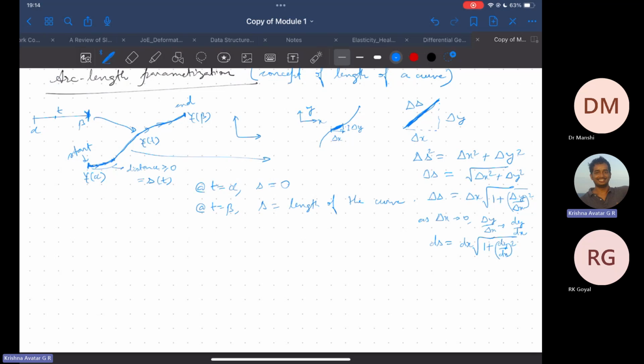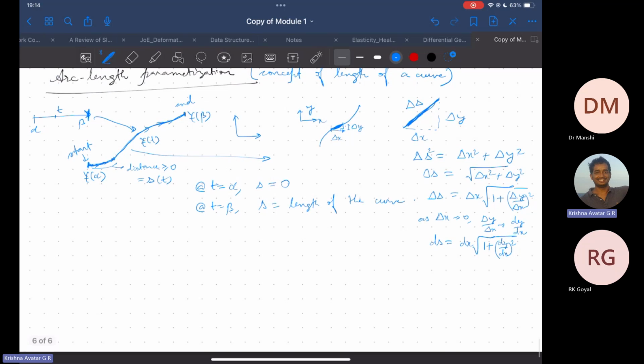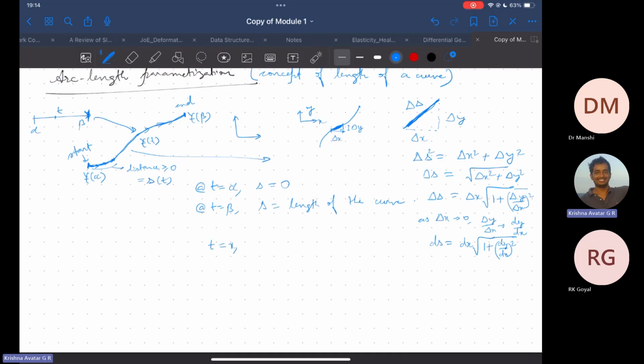Now, so far so good. Now again recall what we had learned some time back, that for any curve in the xy plane, for a generic curve, we can always have t is equal to x and y is a function of t. So before it was a function of x, now it will be a function of t, because of which we can have dx, dy, ds is equal to